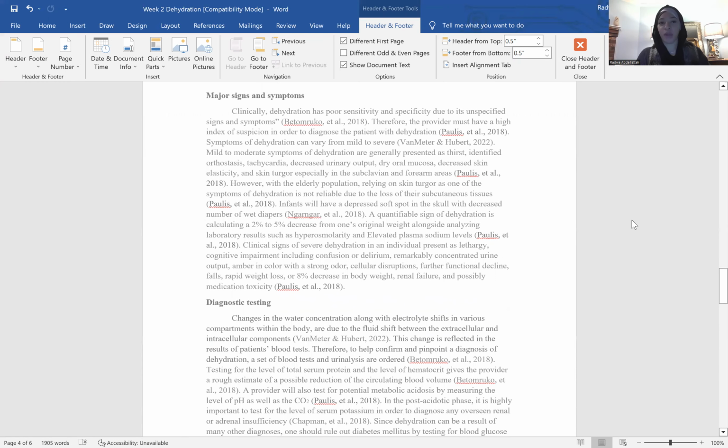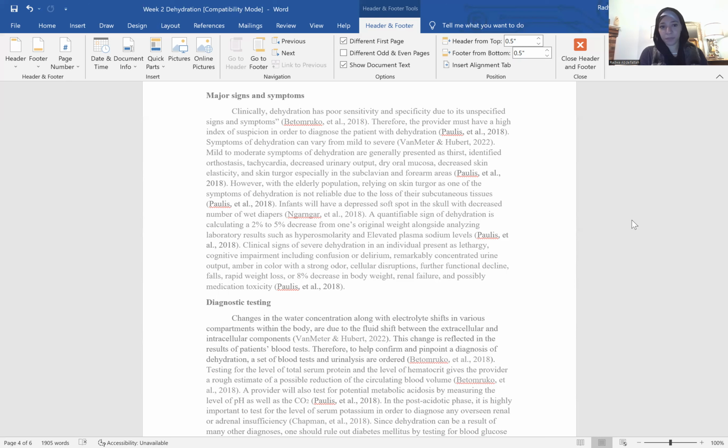Major signs and symptoms of dehydration. Clinically, dehydration has poor sensitivity and specificity due to its unspecific signs and symptoms. Therefore, the provider must have a high index of suspicion in order to diagnose the patient with dehydration. Symptoms of dehydration can vary from mild to severe. Mild to moderate symptoms of dehydration are generally presented as thirst, identified orthostasis, tachycardia, decreased urinary output, dry oral mucosa, decreased skin elasticity, and skin turgor, especially in the subclavian and the